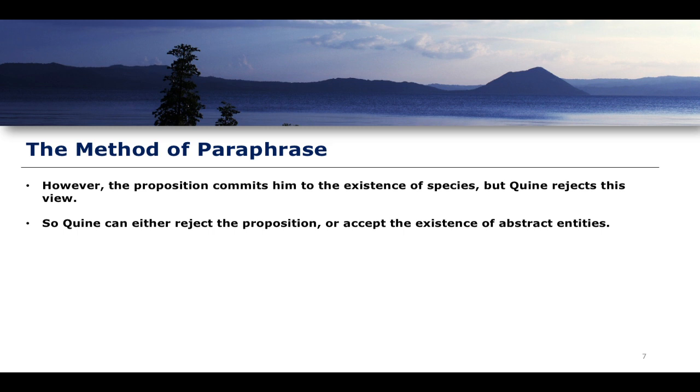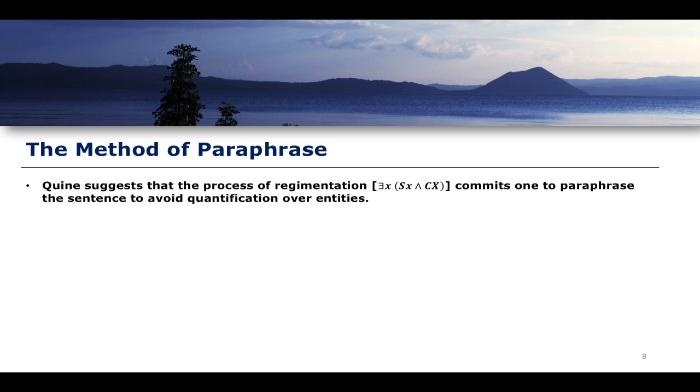And obviously, it doesn't seem to make sense to want to reject the proposition, given that it is something that you can and should be ontologically committed to. There are cross-fertile species. But if you're somebody who doesn't accept the existence of abstract entities, how can you do this? Well, what Quine suggests is that the process of regimenting the sentence from the English, some zoological species are cross-fertile, to the first-order logic, for some x, Sx and Cx, commits one to paraphrase the sentence